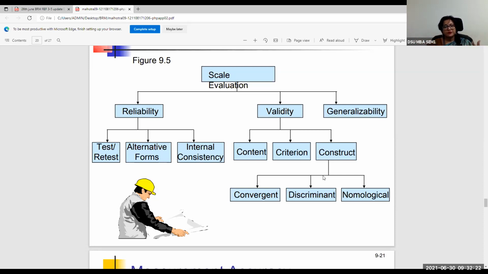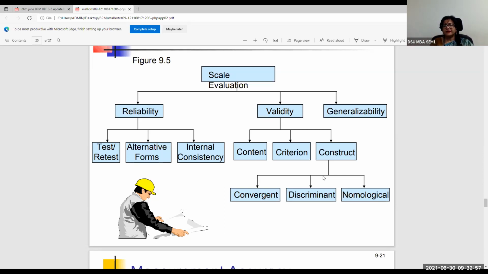But there should also be something else: if you ask a question and they show that they are not purchasing something, you should be able to discriminate between the answers as well. And there should be a kind of meaningfulness in the entire process, and that is what we talk about as construct validity. All right, so convergent validity, discriminant validity, and nomological validity. What does it mean to people? So when you're asking questions about affinity of a person towards a brand, either the brand of their organization or their company or the product that they use, do they like it, do they love it, are they attached to it? Different things have different meanings.